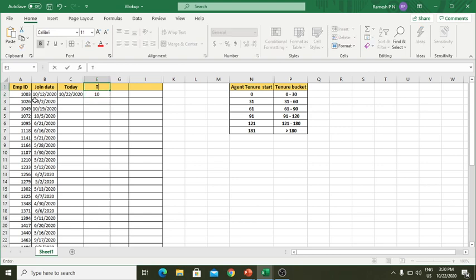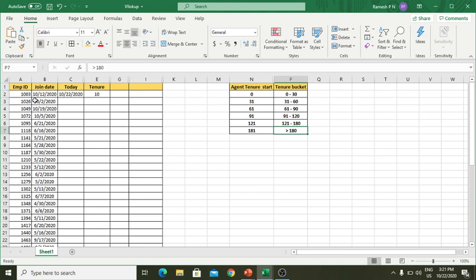That is the tenuity of that agent. After this, I want the tenuity to be bucketed like 0 to 30 days, 31 to 60 days, 61 to 90 days, 90 to 120 days, and further.